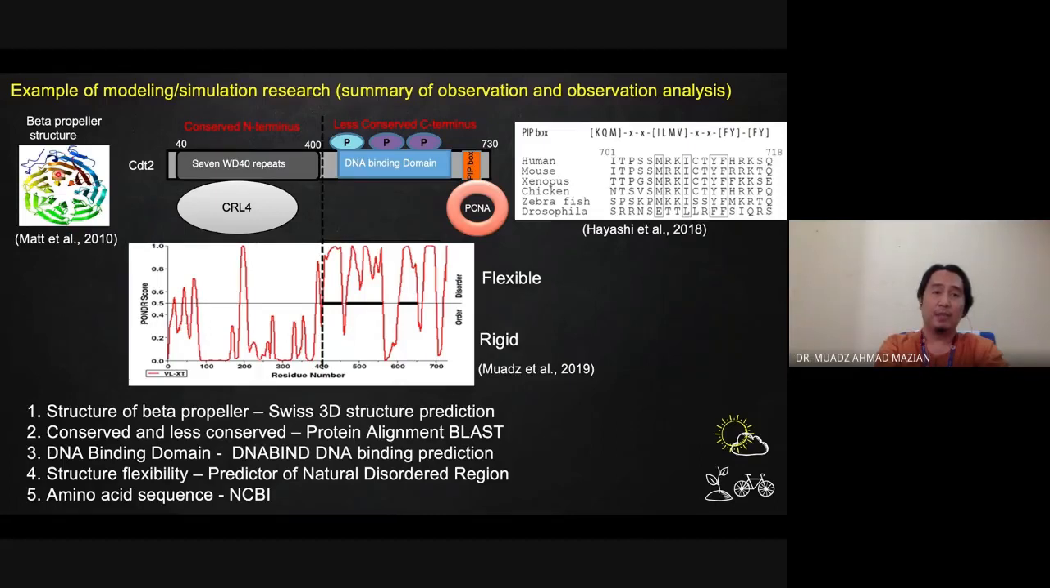Okay, dah ada 7 beta propeller shape. Okay, 7 beta propeller shape. And next is I want to know which part of my amino acid sequence is